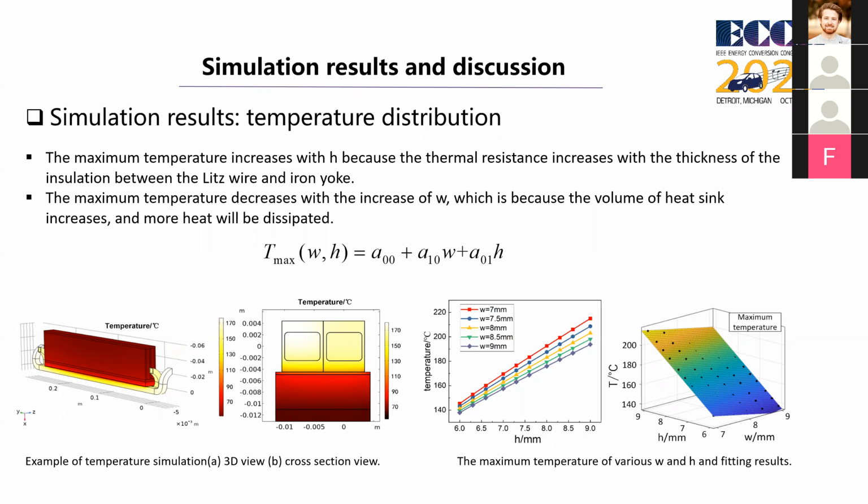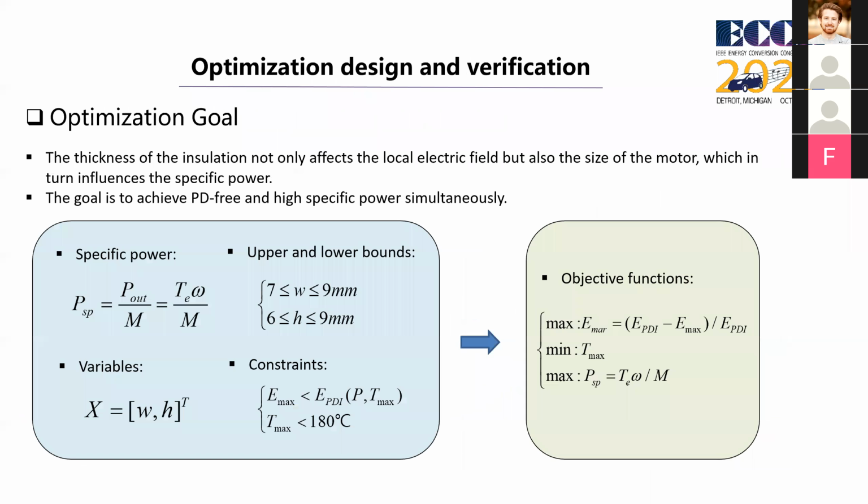So we use a first-order polynomial relation to fit the temperature. We can see it also agrees with the data. Now we have built a relation among the insulation size, the electrical field, and the temperature distribution. As stated previously, the target is to achieve high specific power and PD-free simultaneously. The size of the insulation not only affects the local electrical field, but also the size of the motor, and then